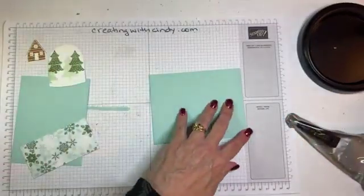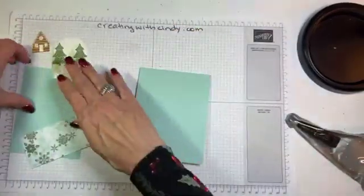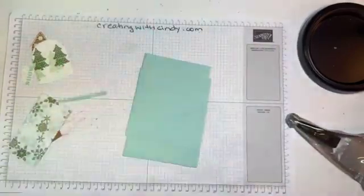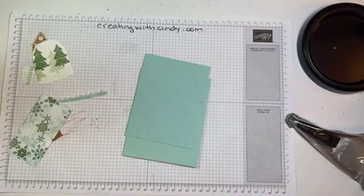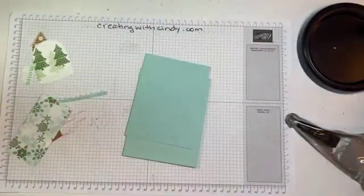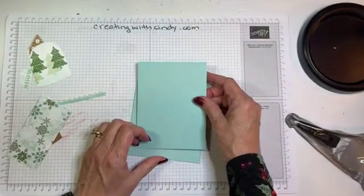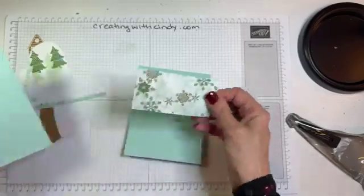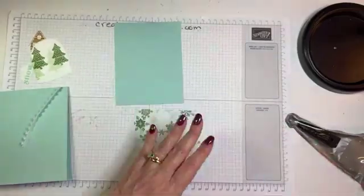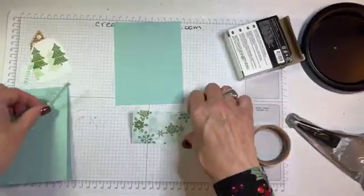So this is a pool party card base. And then I took another piece of Pool Party and ran it through our, I think it's Falling Snow. Nope, Snowflake Sky embossing folder. Just to add some more snowflakes. And I think we will do this first and put it on here before we adhere that to the card base. So let's do, what I did is I took some glue dots to get my pom-pom trim adhered to